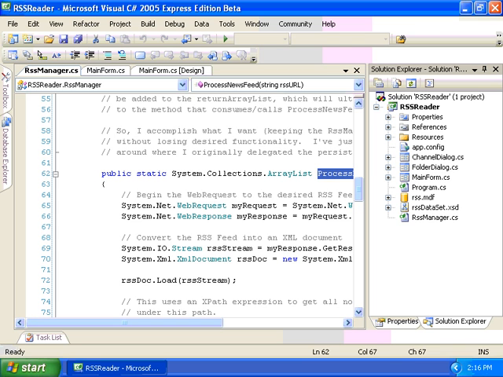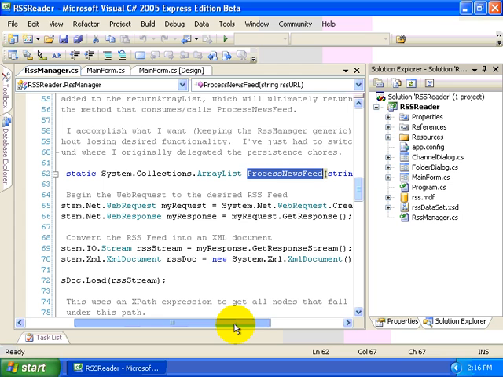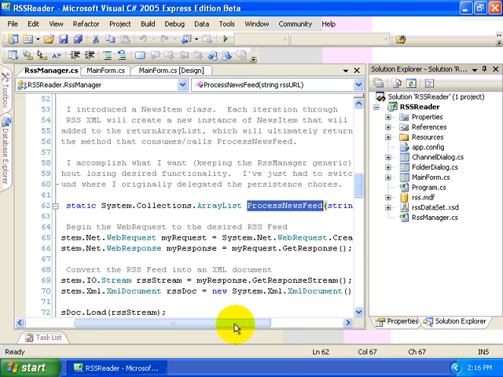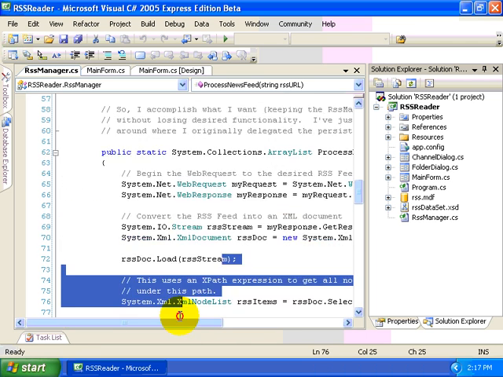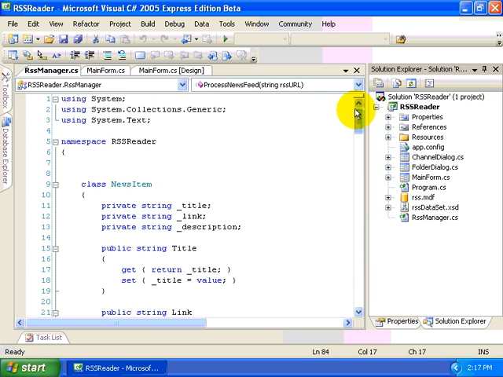So the solution I came up with was that I wanted to use this process newsfeed method to simply retrieve all of the latest RSS news items from the internet, and then let some other code take on the chore of saving that data into the database for my application. So I needed to figure out how I was going to package all this data up and communicate it back out. The solution I came up with is that I created a new class